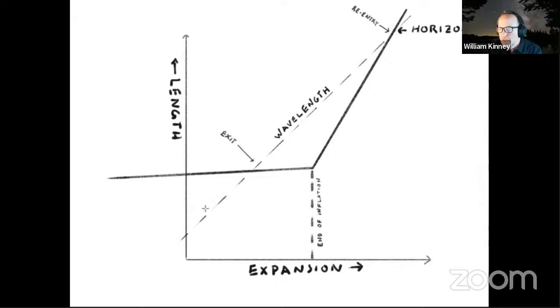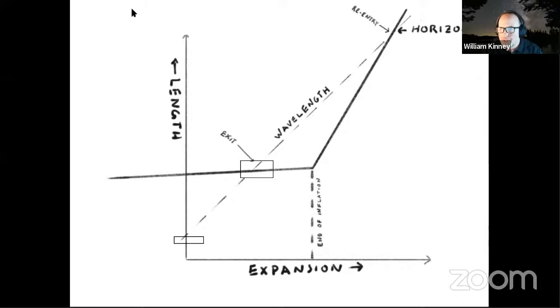And then what happens to a particular quantum wavelength? If we plot a quantum mode, that mode is going to redshift proportional to the amount of expansion. During the inflationary phase, the horizon size is approximately constant, so that mode redshifts. It starts out smaller than the horizon size, redshifts until it crosses outside the horizon, spends a whole lot of time larger than the horizon size, and then eventually during that later radiation or matter-dominated phase in the present universe, this mode re-enters the horizon as a classical perturbation, and once it's inside the horizon, it can source galaxy structure and so on, and cosmic microwave background perturbations and the like.